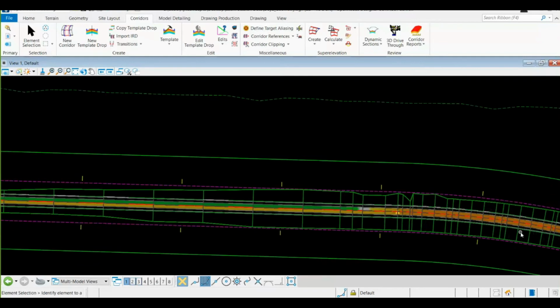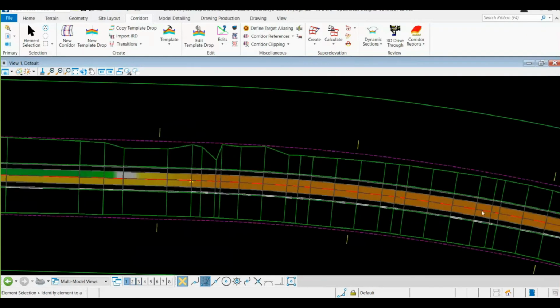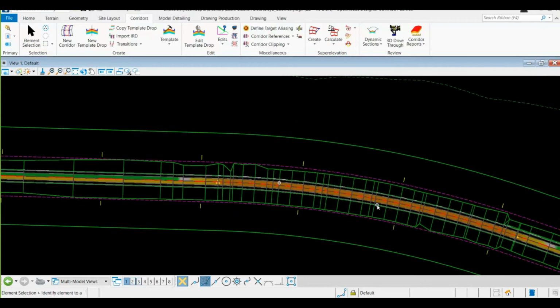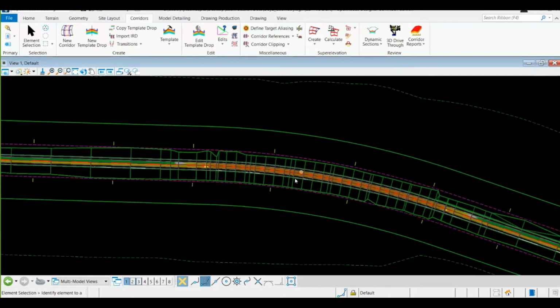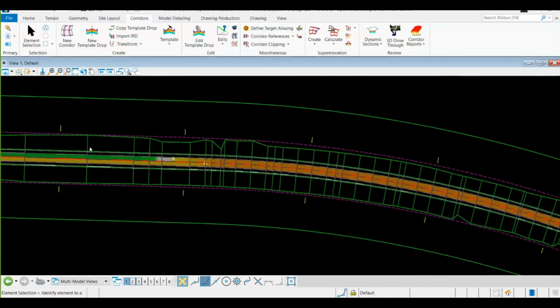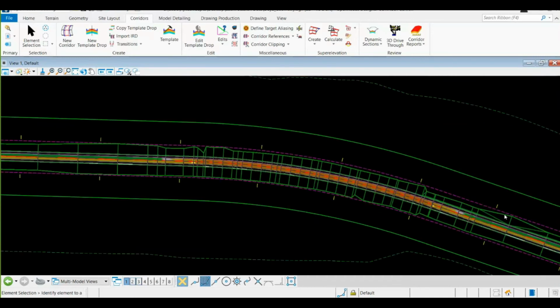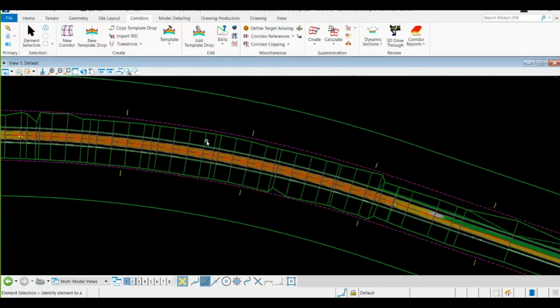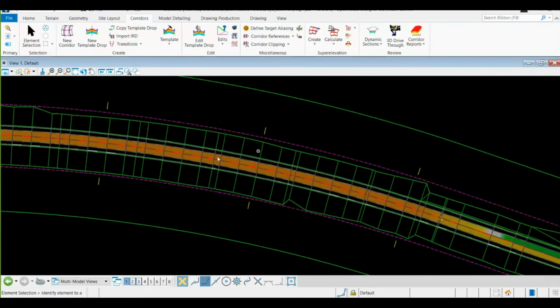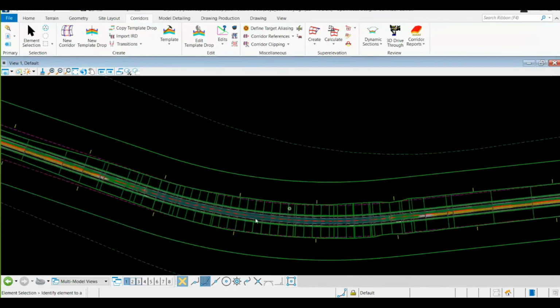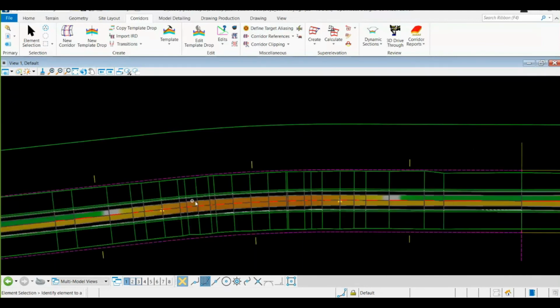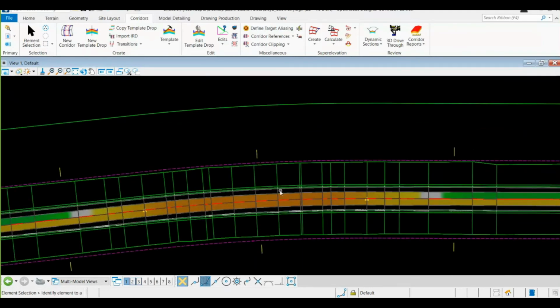If I simply zoom in right over here, this dark orange patch is denoting that maximum super elevation has been applied using my rule file, and the yellow is somewhat less, and the green means minimum or no super elevation. There are different color combinations for your left hand curve as well as your right hand curve. Each and every place you are going to get this. These color bands obviously depend on whatever the rule file, whatever the code, whatever the design speed, and whatever the pivot method you use for assigning a super elevation.